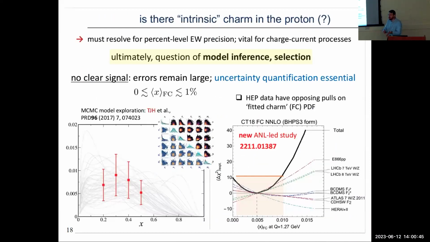You could do the exact same thing for charm in principle, as was just asked a moment ago. Is there some sort of non-perturbative charm that isn't generated purely through radiative effects, as I was saying a little bit earlier? It remains an open question. It's a question that ultimately comes down to selections of models and whether we have data with sufficient discriminating power to actually answer that question. And I might say a little bit more about this tomorrow.